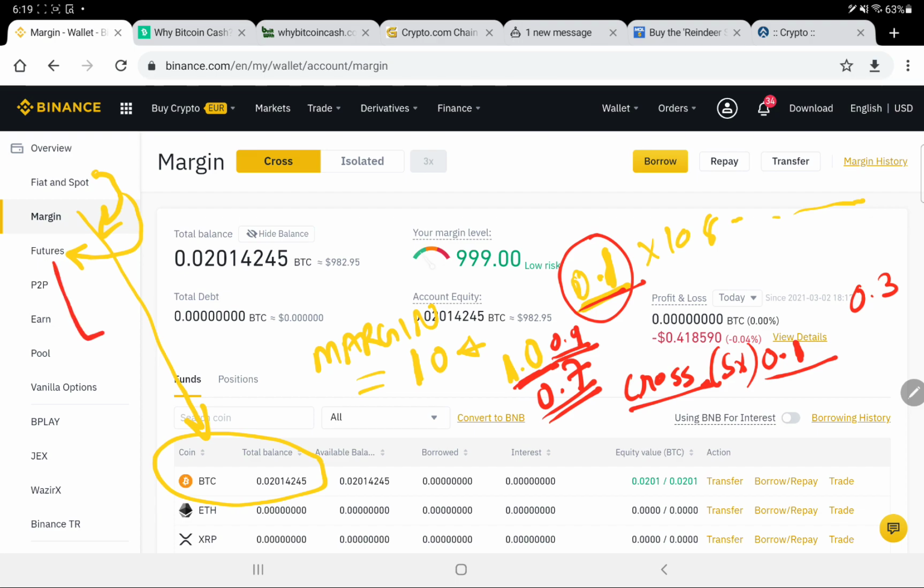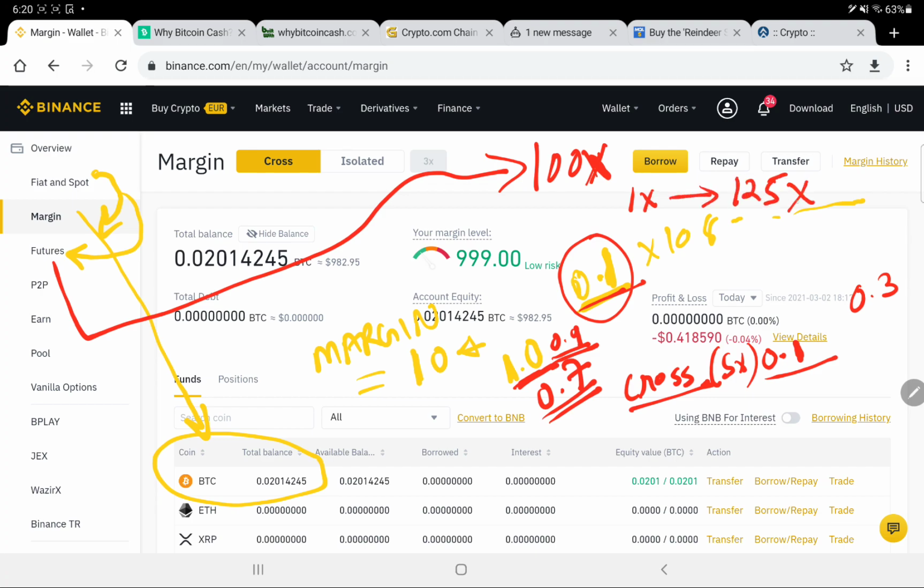But what is the future? In futures, the margin available is more than 100x. That is very risky. You can trade with leverage from 1x up to the maximum of 125x. And there are particular coins which can be accessed only with 125x margin. And you can hold your sell trade for an indefinite time, and at the same time you can hold your buy position for an indefinite time.